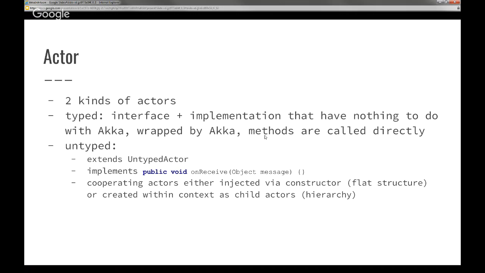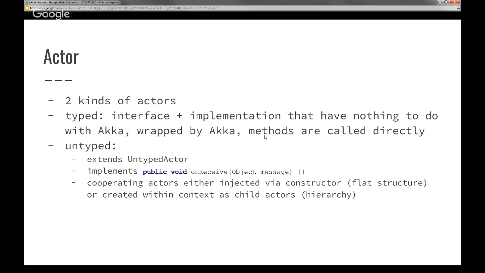Methods are called directly, and it's not much fun with them. But they are also not used that often. So our application is built on untyped actors, and for you to imagine,